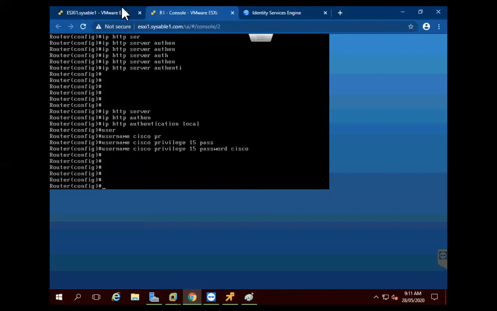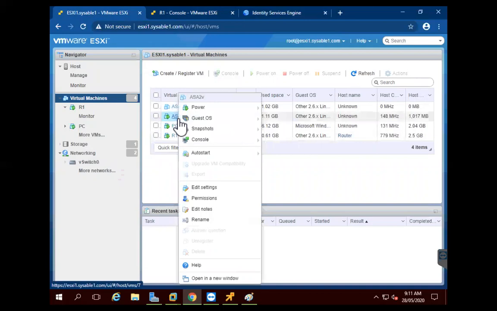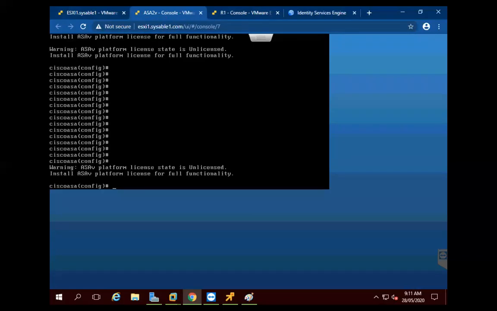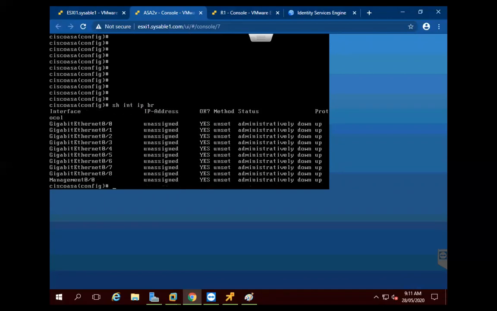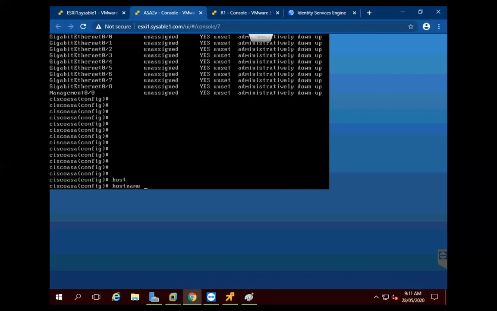So we will go ahead and configure the ASA. So this is ASA2. We'll take the console. Show interface ip brief. I just want to check if anything has been configured. Nothing has been configured. So I will go ahead and first I will assign a hostname as ASA2V.